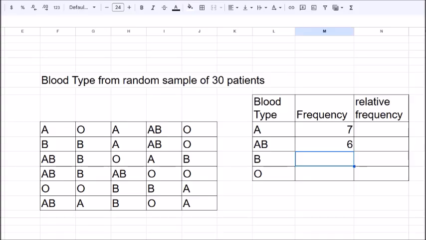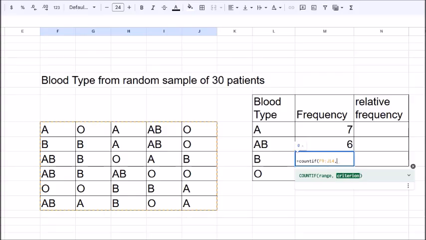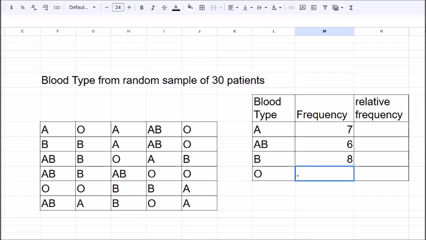Now let's count the B's. So COUNTIF, and then highlight everything, and then quotation mark, and then equal B, and then close parentheses. And then same thing with this last one here. So COUNTIF, and then highlight everything, comma,